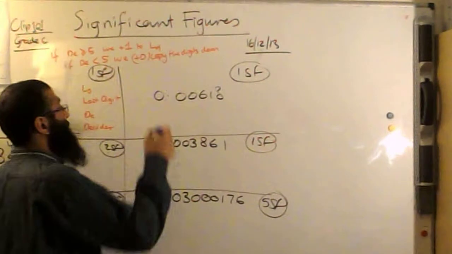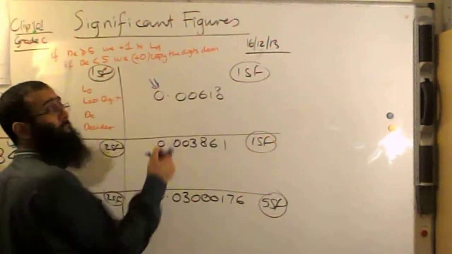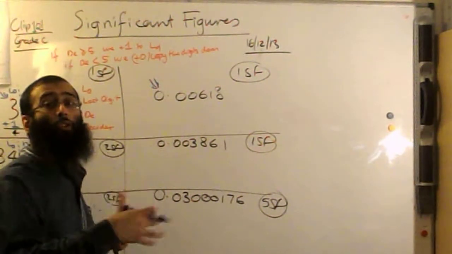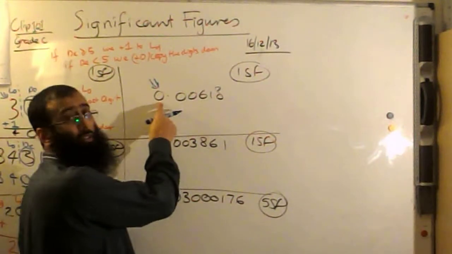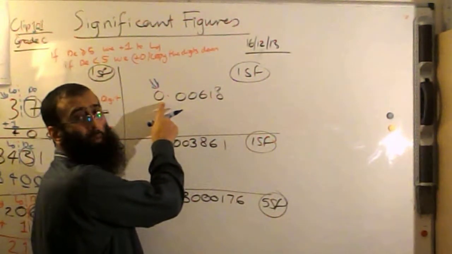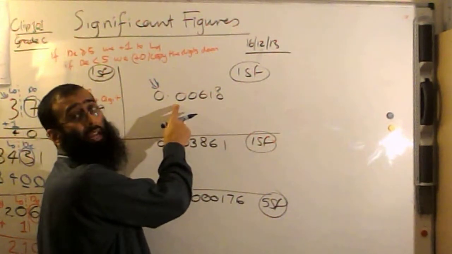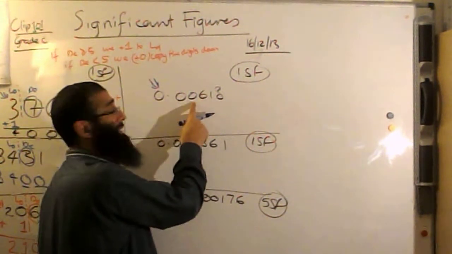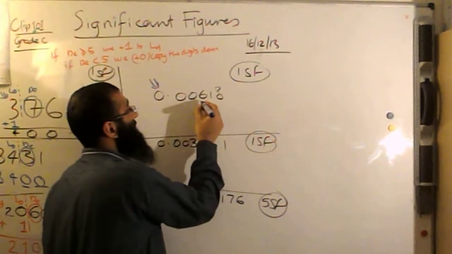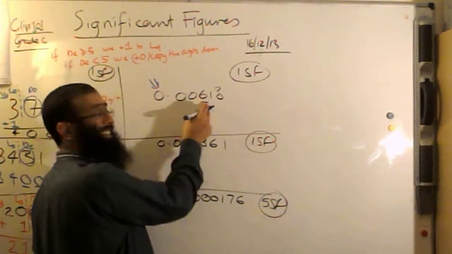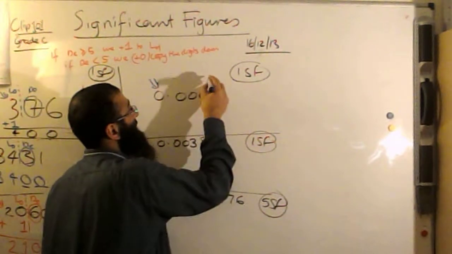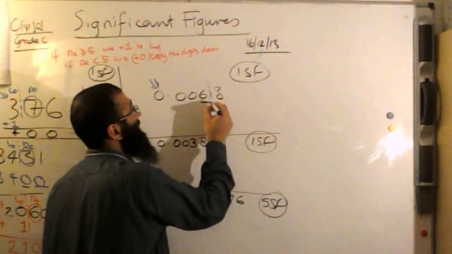Now, Hassan, we always start from the left. We look for the first non-zero digit. Is that a zero? Yes, it is, so that's not my first significant figure. We can't start counting significant figures yet. And that one? Zero, yes. So the first non-zero digit is the 6. That is going to be our first significant figure.